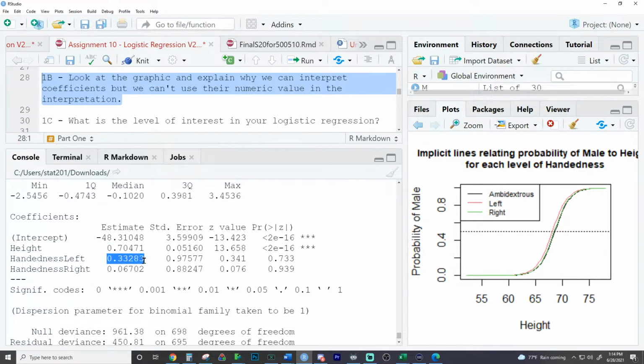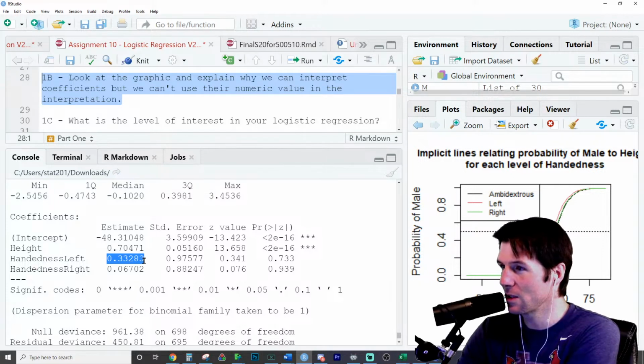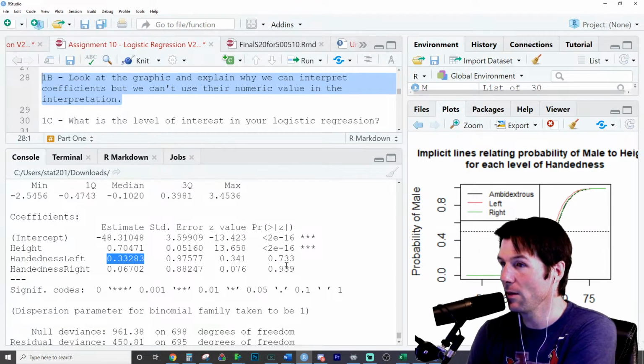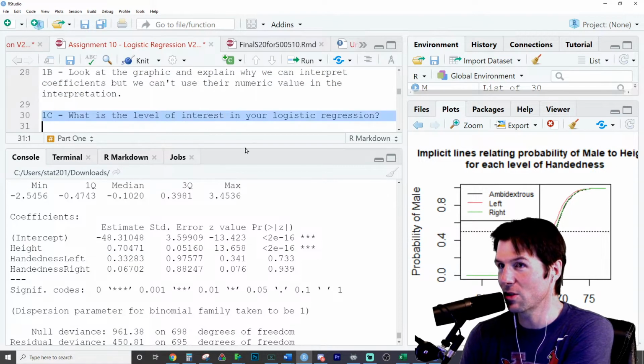These have interesting interpretations. I'm going to interpret these here in a moment, which really gets into, I think, question 2 or so. So what is the level of interest in your logistic? Yep. Level of interest is pretty easy to see if you visualize. So I will say this, level of interest in your logistic is what comes last, and it's always going to be right here on the graphic if you can visualize it.